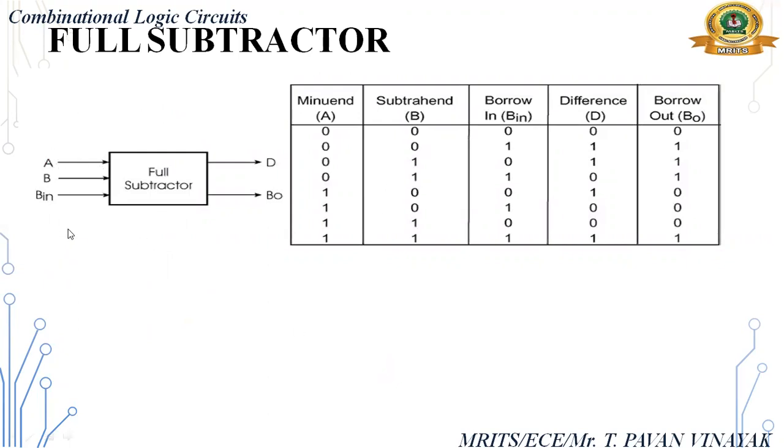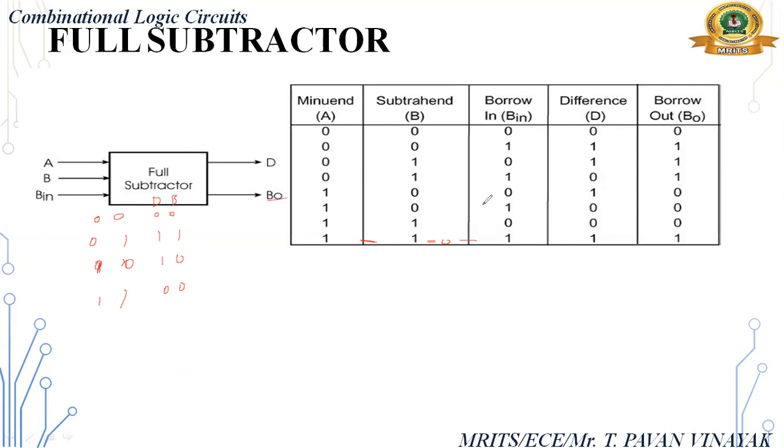Three-bit subtraction, with difference and borrow as two outputs. Let us see here. 1 minus 1, how much? 1 minus 1 is 0. 0 minus 1, you already did in the half subtractor truth table. Observe, what is the half subtractor truth table? Difference here, borrow here: 0, 0, 1, 1, 1, 0, 0, 0. Right, this is the truth table.